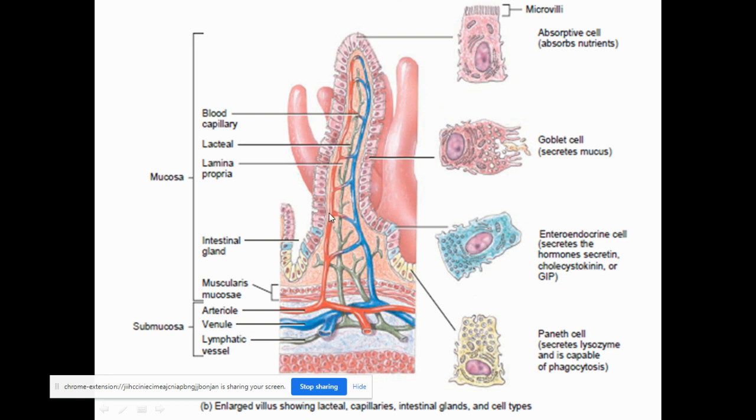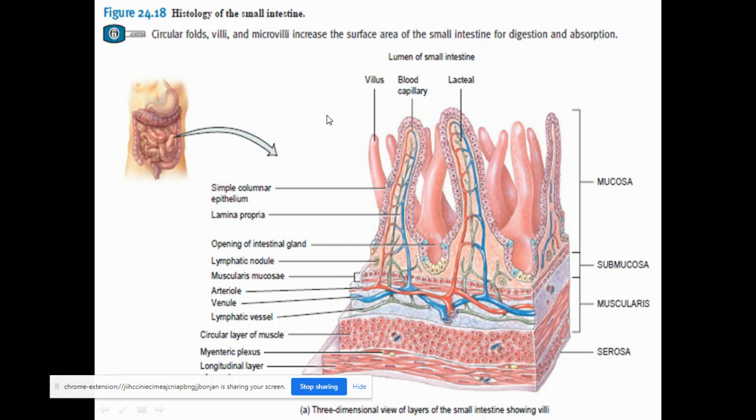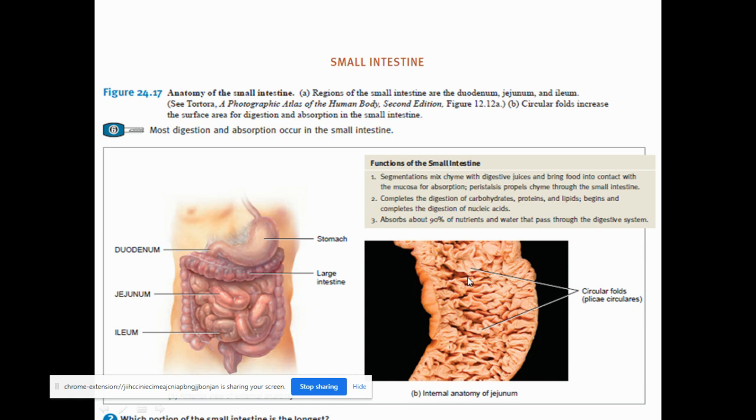They are the protrusions of the inner wall of the duodenal region. Not only the duodenal region, the other regions of the small intestine also contain many microvilli. They are finger-like projections, as you can see here, and they are so many in number. And where they are present, we can go to the previous picture where you can see the circular folds, which are called the plicae circularis.